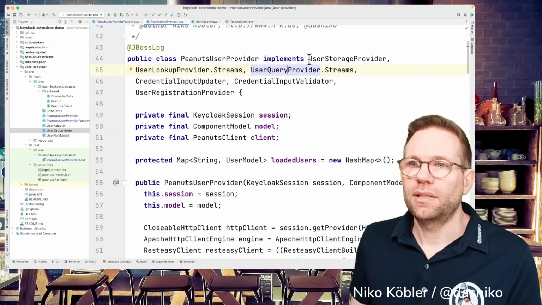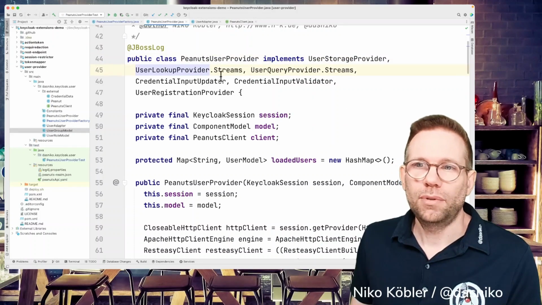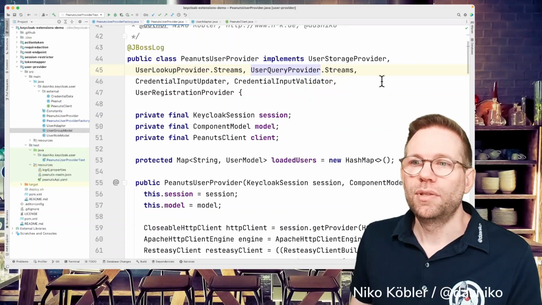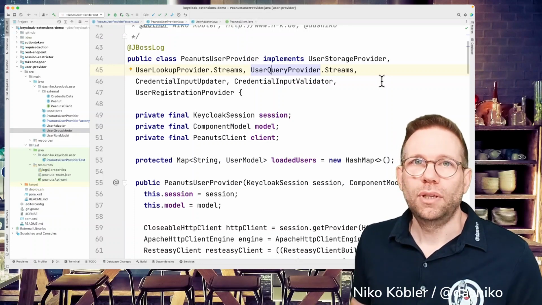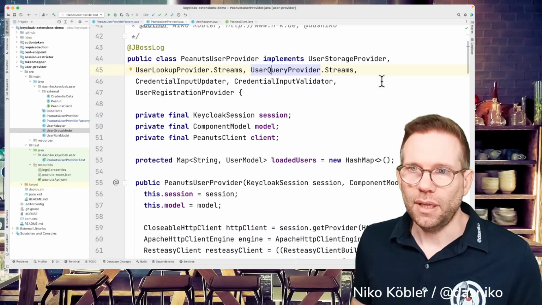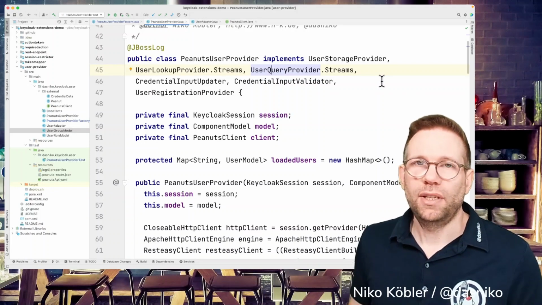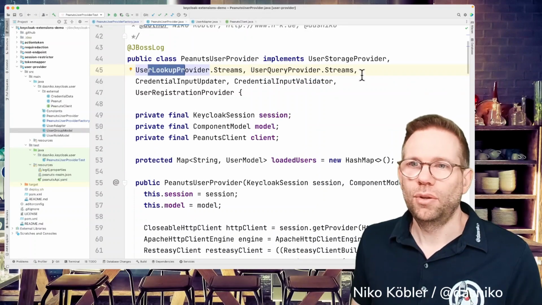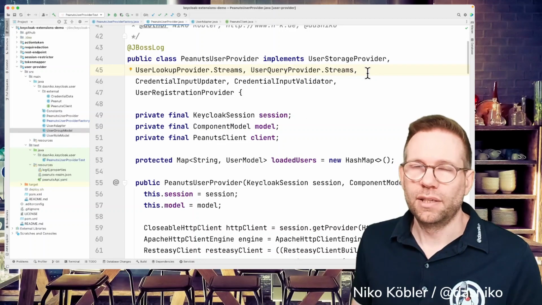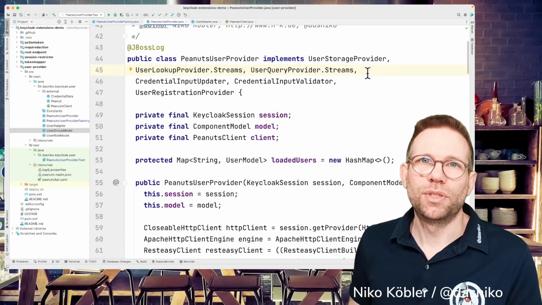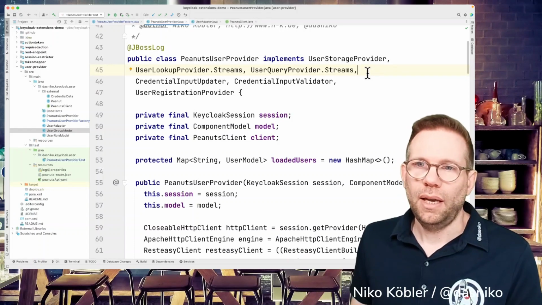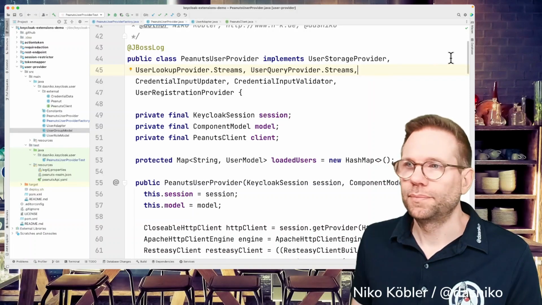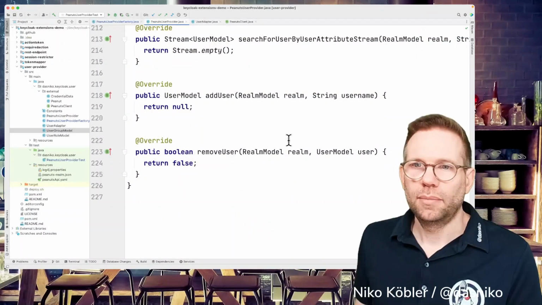So the common interface is the user storage provider. Then you have the user lookup provider to look up a certain user, and the user query provider. So for example, if you don't need to handle a user through the admin UI, and you just want to provide an authentication for this user, then implementing the user lookup provider is enough. You don't have to implement the user query provider interface. This is only needed if you want to see a list of users in the admin UI or through the admin API. And the last two methods we saw at the bottom of this class, the add user and the